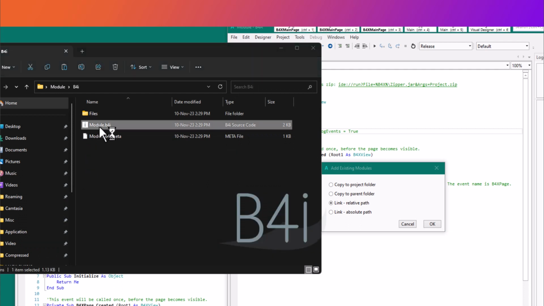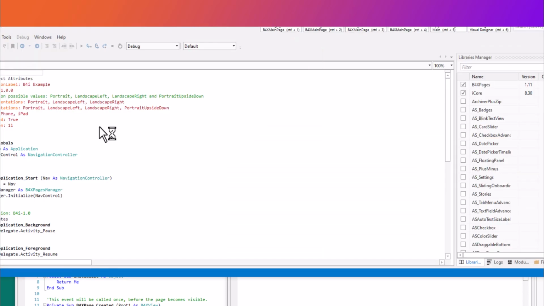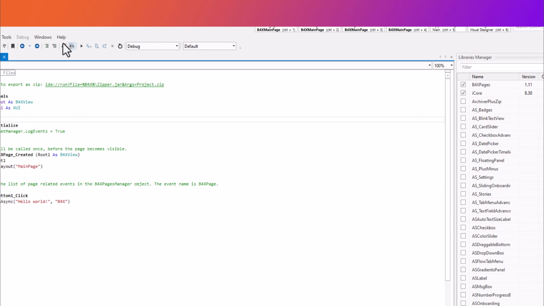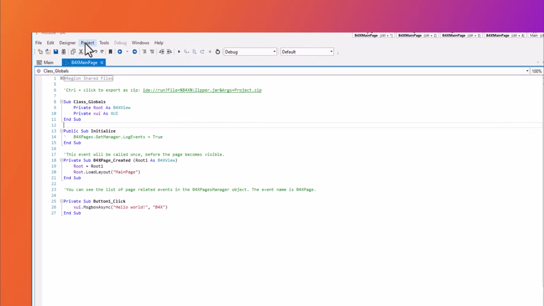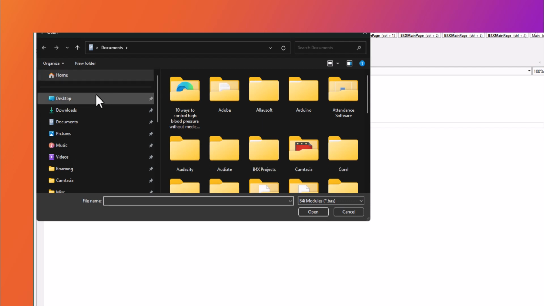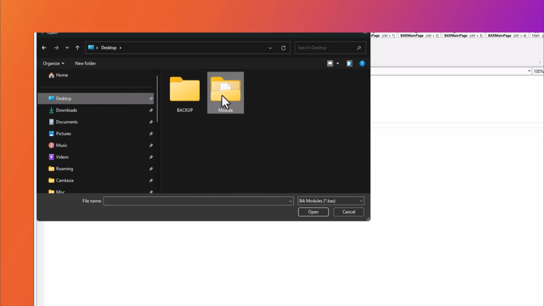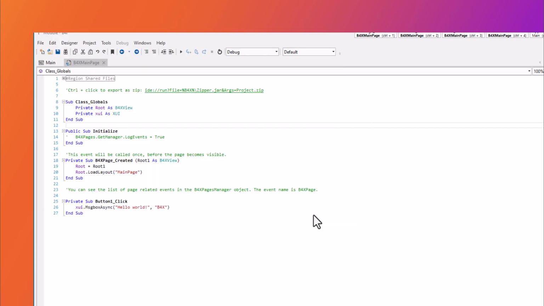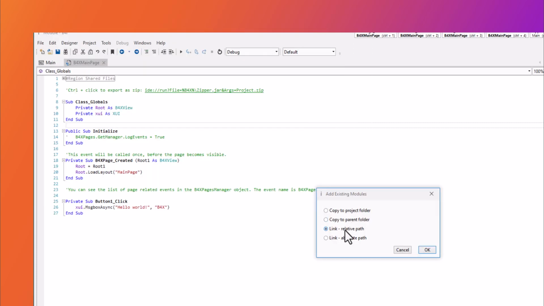That is the importance of adding parent level models. Okay, so in B4I, you go to project, add existing model, you go to your project folder, you locate the model you want to link, open, you click link to relative path.